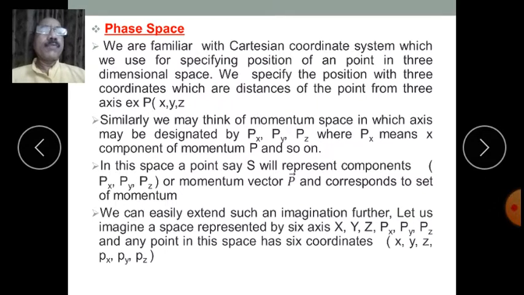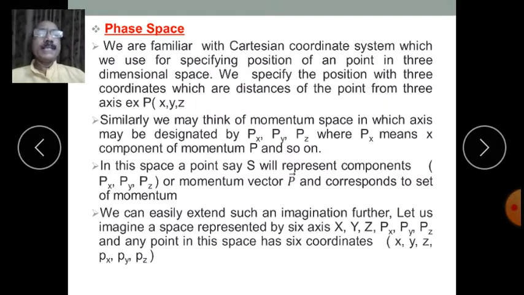For example, we specify the coordinates of a point P by x, y, and z. These coordinates x, y, and z specify the distance of the point from the three perpendicular axes. So we can specify the position of any object or point with the help of a